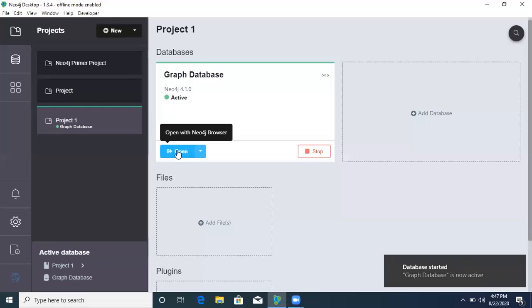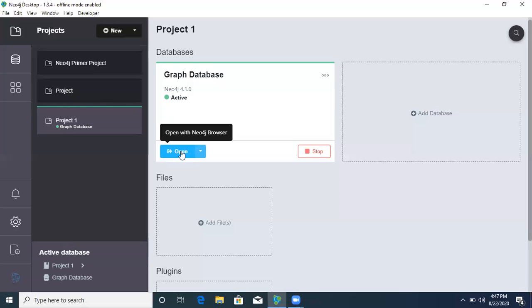Then click on open. There you will get the command like open with Neo4j browser. Just click on this open so that the Neo4j browser opens.